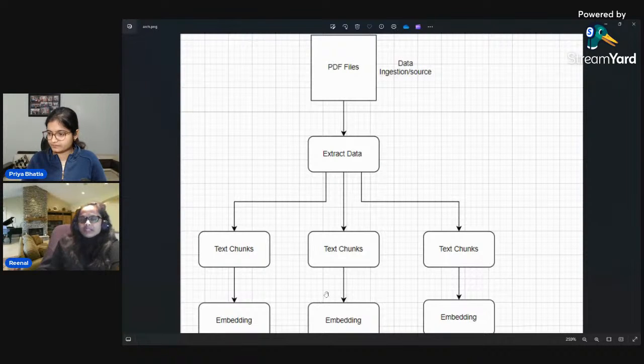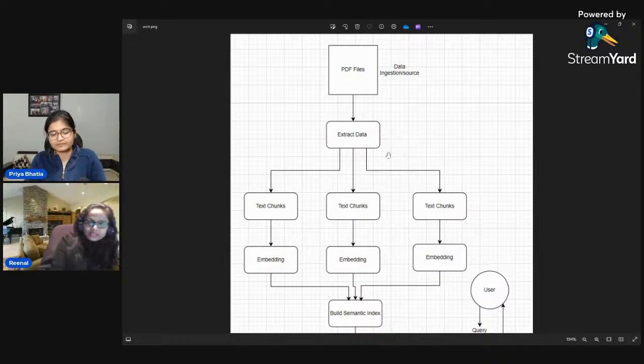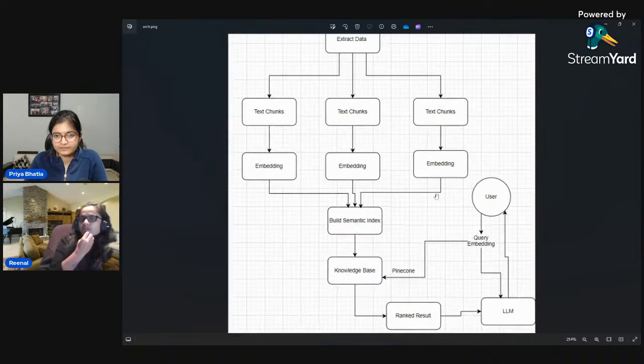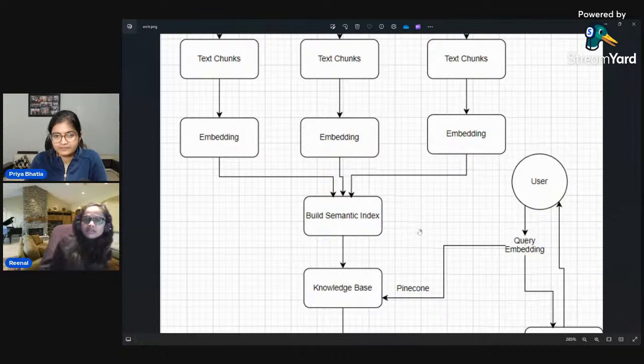So you cannot put a whole bunch of PDF in at once. You need to divide that PDF into different chunks. After extracting the data, I divided that corpus, or the entire PDF, into different chunks.